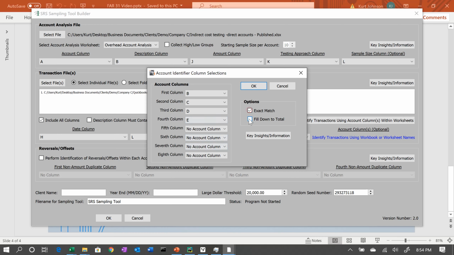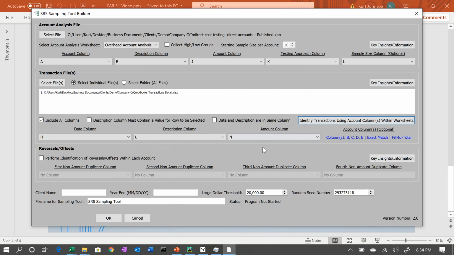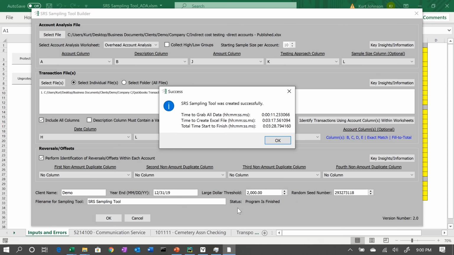We're going to do exact match and fill to total. Perform identification of reversals. And put in a large dollar threshold of $2,000. Once the program begins to run, you can see it keeps track. It tells you which accounts you're working on as it goes through the process. As you can see, it only takes about 3.5 minutes, start to finish, to build the sampling tool from all